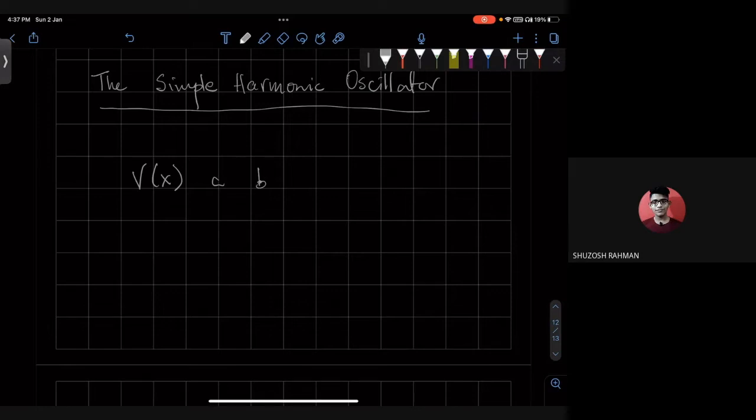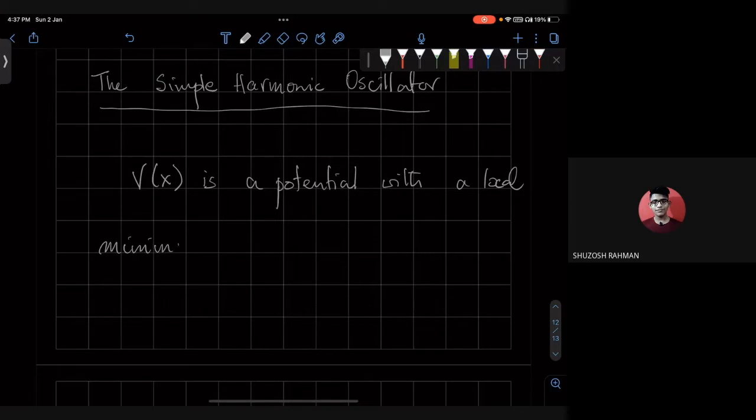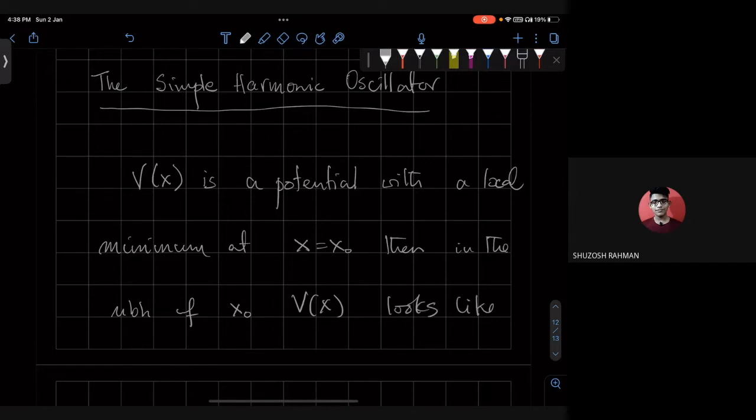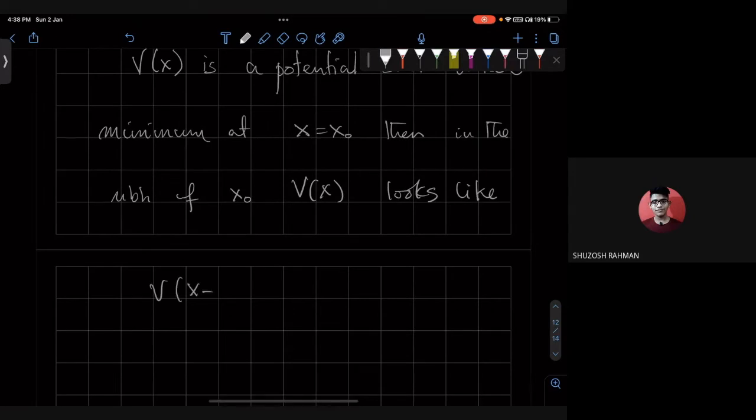with a local minimum, I should say, at x equals x0, then in the neighborhood of x naught, V of x looks like